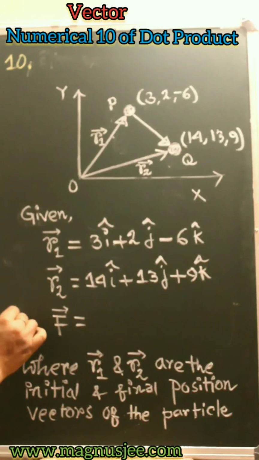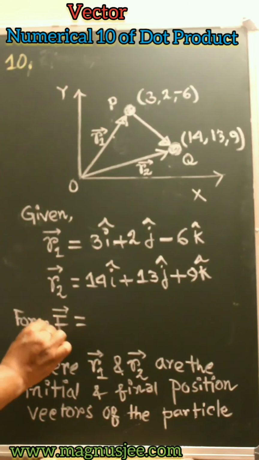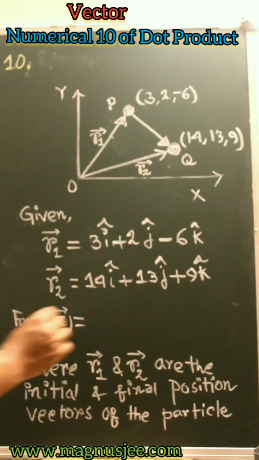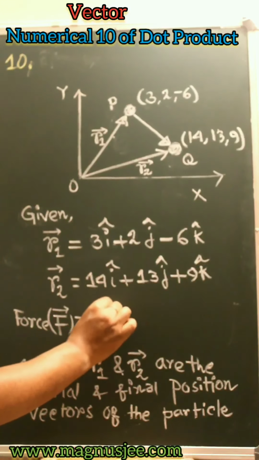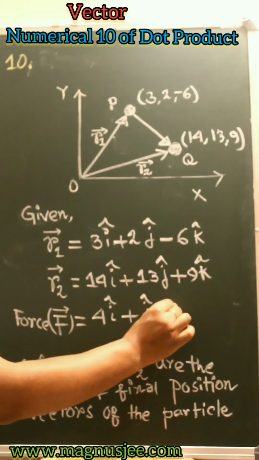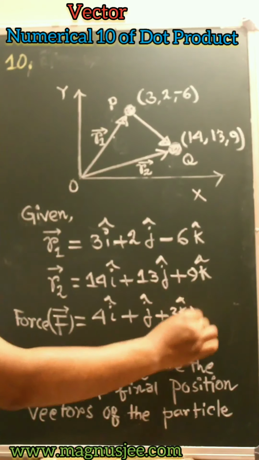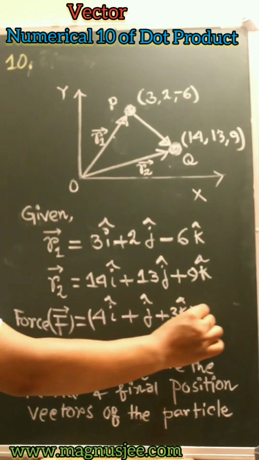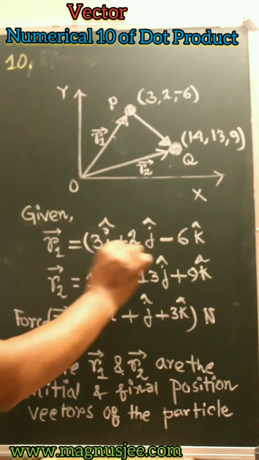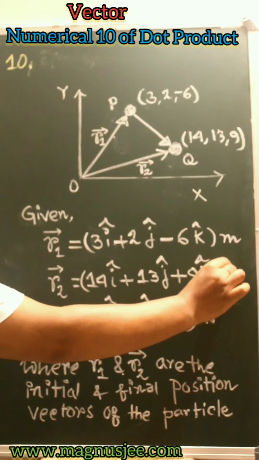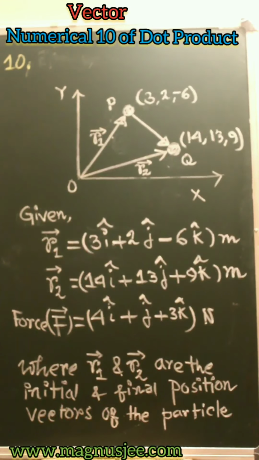Also, the force vector F is equal to 4i cap plus j cap plus 3k cap Newton. Vector F equals 4i cap plus j cap plus 3k cap Newton, and vector R1 is in meter and vector R2 is also in meter,